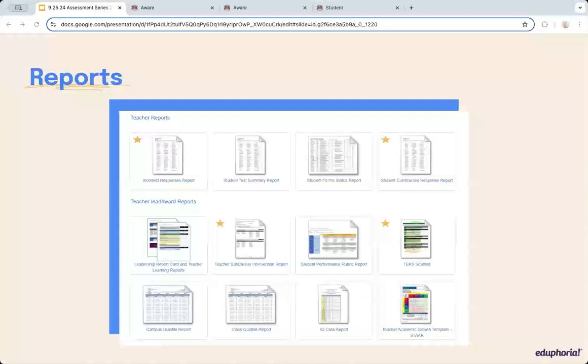If you subscribe to Lead Forward services on our platform, you also have a variety of reports like the subcluster intervention report. This particular report can be really powerful in helping group students for remediation purposes. They lump them together by the various subclusters and how well they did or didn't get that concept. And then you have the TEAC scaffold report, which can help with specifically math content in grouping together performance of TEACs in very meaningful ways. So explore those if you have that Lead Forward subscription.